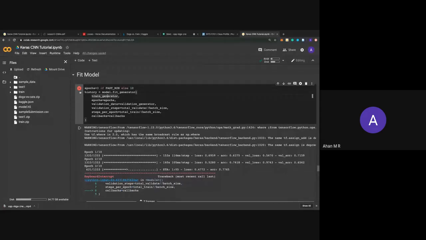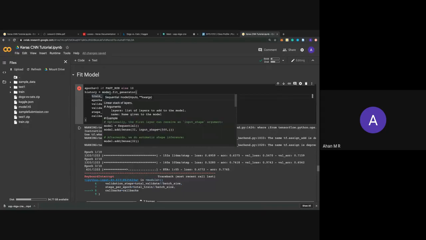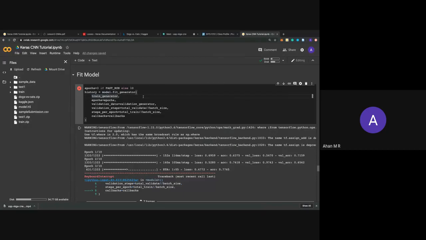Now Jupyter Notebook has this functionality: you can stop the notebook whenever you want. Whenever you stop the notebook, the learning till then is retained. It's not voided. After 3 epochs, it learned something; when you stop this cell, it's not like everything goes back to 0. Whatever it has learned till then is retained.